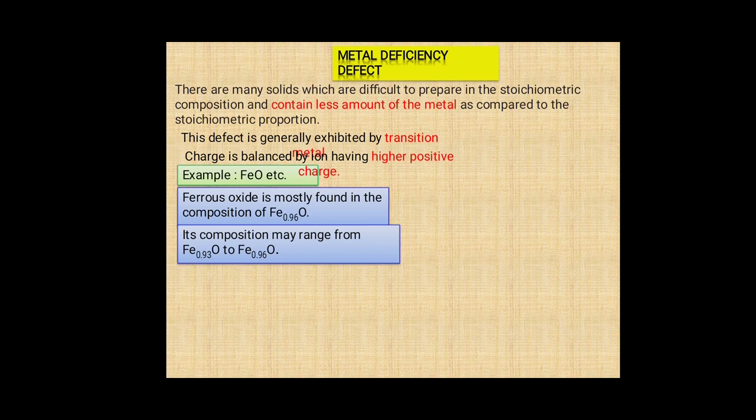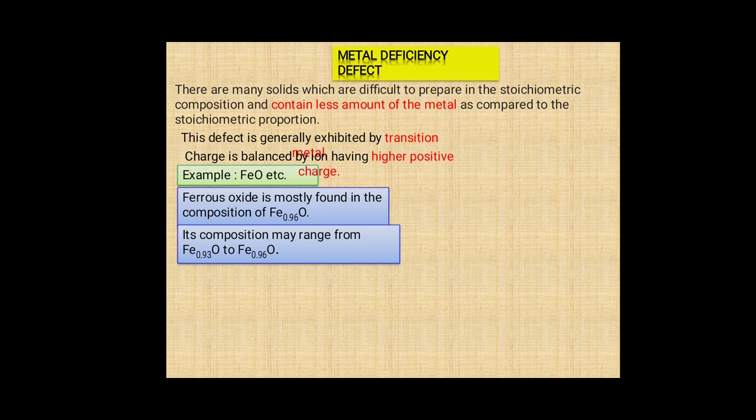Metal deficiency defects are there. There are many solids which are difficult to prepare in the stoichiometric composition and contain less amount of metal as compared to the stoichiometric proportion. This defect is generally exhibited by transition metals. Charge is balanced by an ion having higher positive charge. Example, FeO. Ferrous oxide is mostly found in the composition of